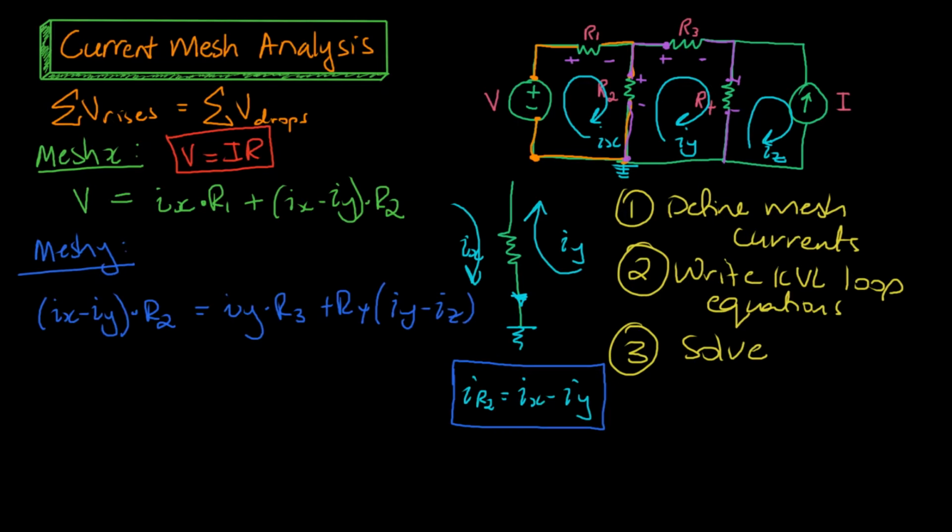And then we continue our path back around to our starting point. So that is our mesh Y KVL equation. Something I want to address is how do we know whether resistors have plus or minus terminals? And the answer to that is you need to identify what the current is going to be doing inside of